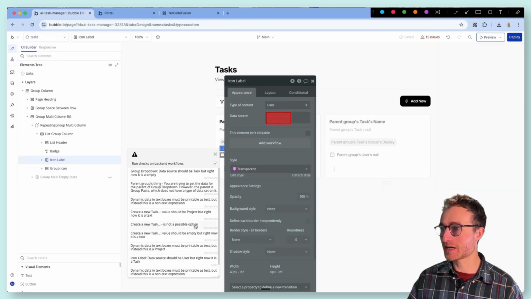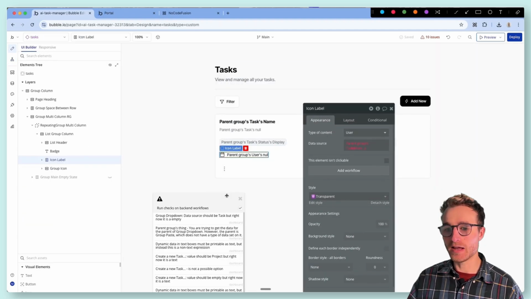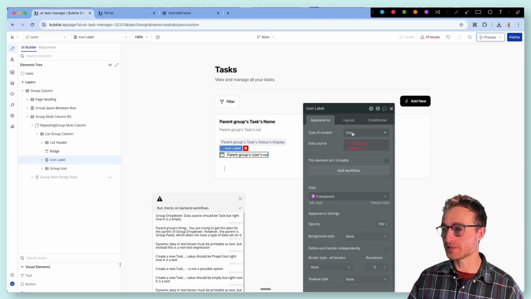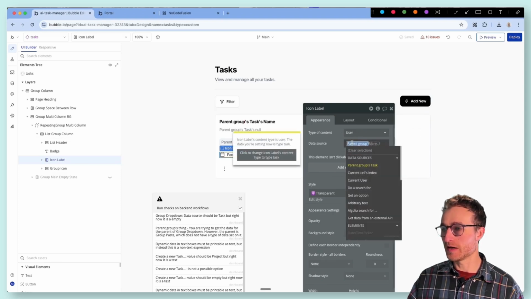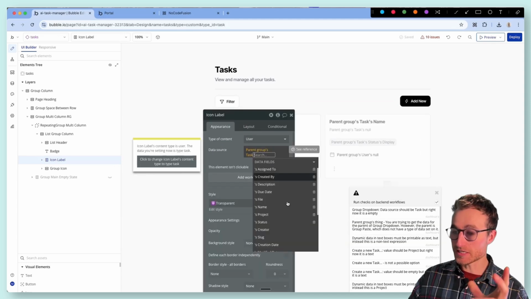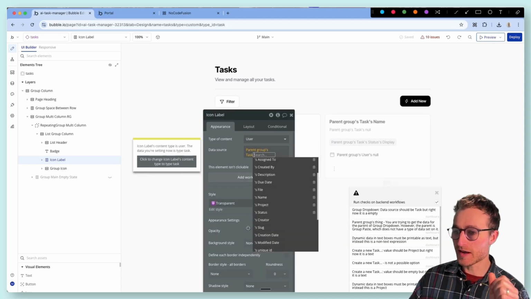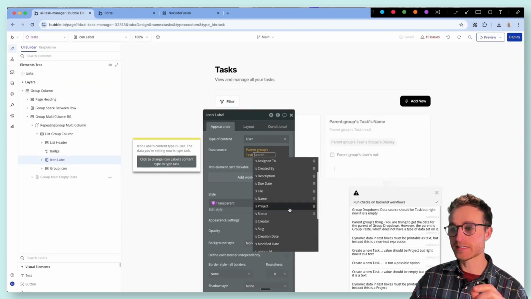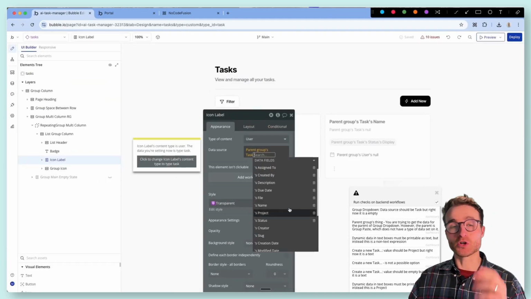Let's look at the tasks section now, and we've got a broken connection here. The type of content is a user. We're looking at the parent group's tasks. So I guess that would be the parent group's tasks creator. So this is something that I really love about NoCodeFusion, is that you obviously have this built-in creator field, which is a user, but a really good practice is to have a separate created by field on every data type,